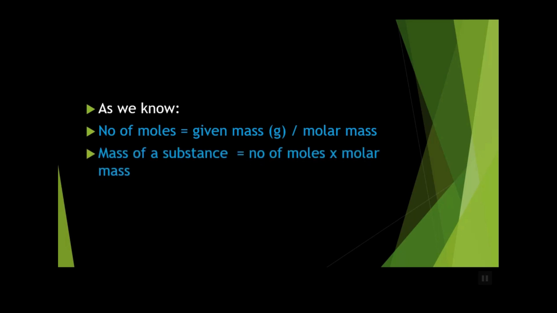So after this we will apply formula, and as we know, number of moles is equal to given mass, that is in gram, divided by molar mass. Given mass will be on the left side, rest of all values will be on the other side. Now mass of CO2 is, we have 0.25 moles into 44, that is molar mass, and we get 11 gram of CO2. So it means that students, whenever we have 0.25 moles, we have the mass of CO2 11 gram. Understood?